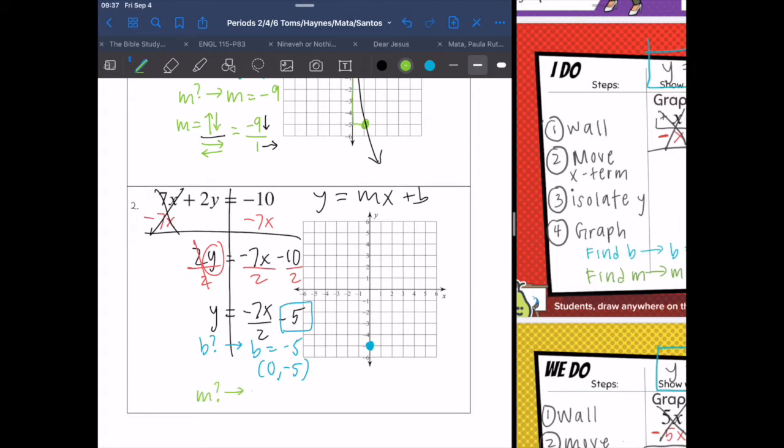So what's my slope? Well, I know that m is equal to -7/2. Remember from this part, let's copy this and remind ourselves: m is either going up or down, and then it's going to go to the left or to the right. So looking right here, I see that